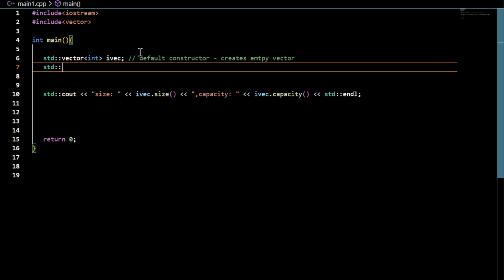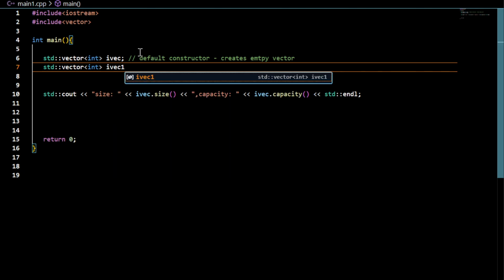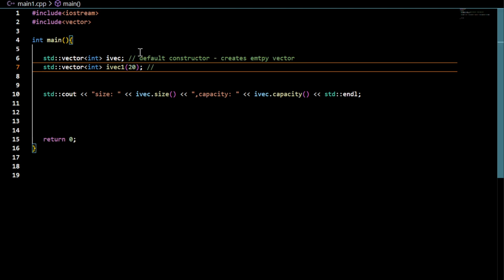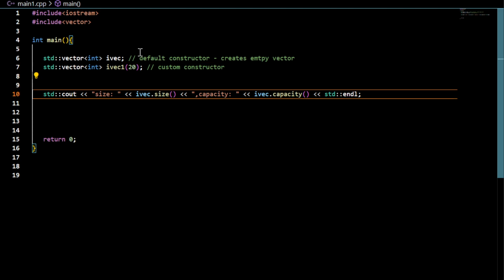It's also possible to create a vector by invoking not the default but some other constructor, some custom constructor. Let me give a different name, and you can pass the data, let's say 20, into it. So this statement will create a vector of size and capacity 20. It creates a vector by invoking a custom constructor. So it creates a vector of capacity 20 and size 20. We can display the same